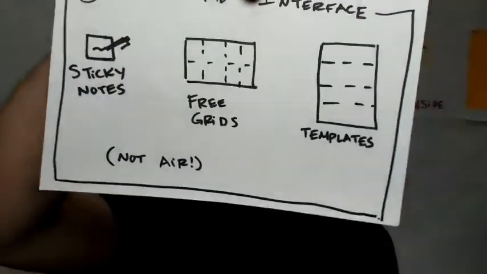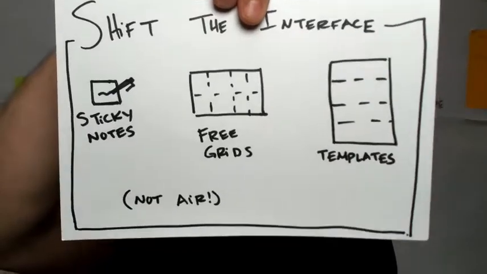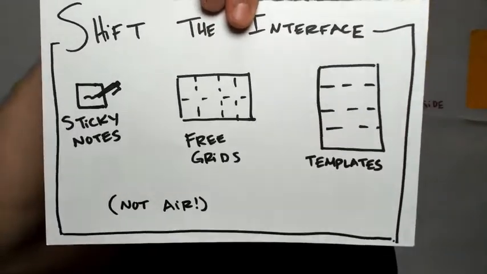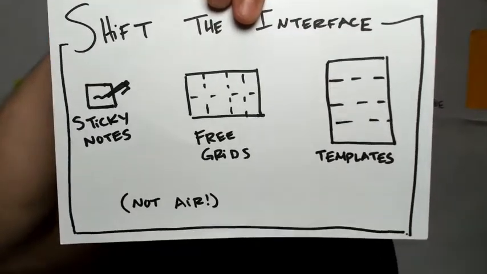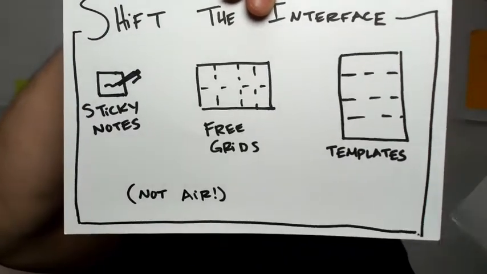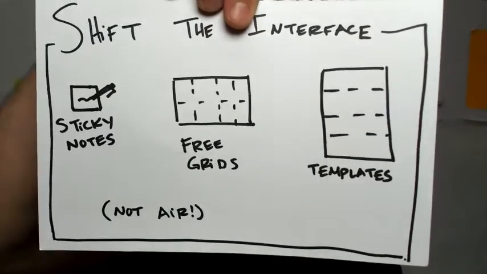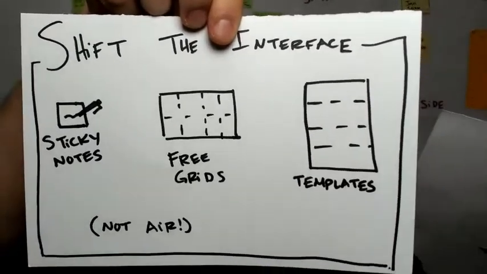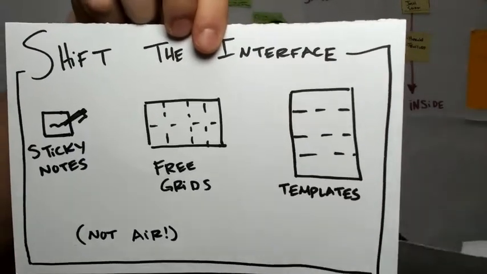And so other ways to shift the interface are using things like grids. There's a reason why Google loves the 8-up. The work I do with Luma, they have an ideation template where each piece of the paper is split up into the clear question, a clear idea, clear critique, and a resolution of that.